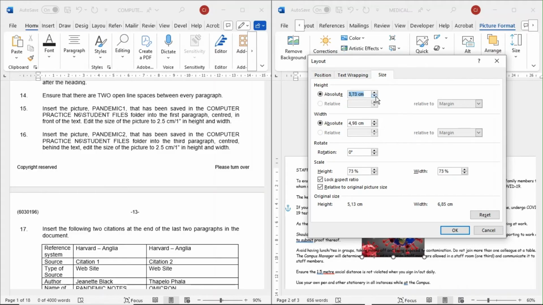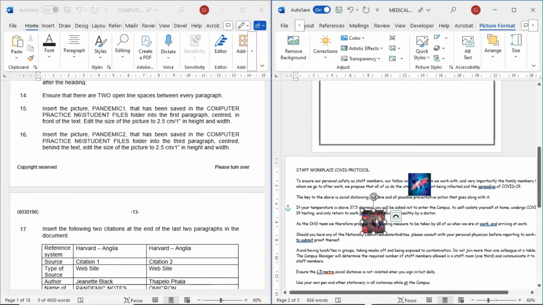Just have a look. So you can see it's not changing at the bottom, or it's changing at the bottom. Then just press OK.